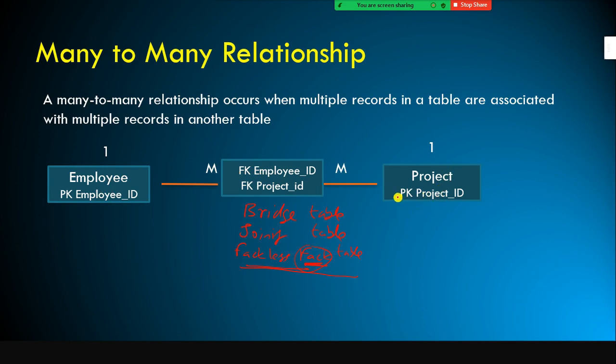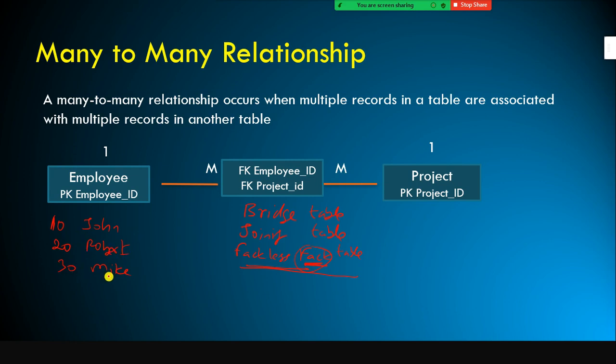In this table, the project ID column is the primary key, whereas in this table the employee ID is the primary key. Supposing you have the primary key as 10 for John, and another primary key value for Robert.